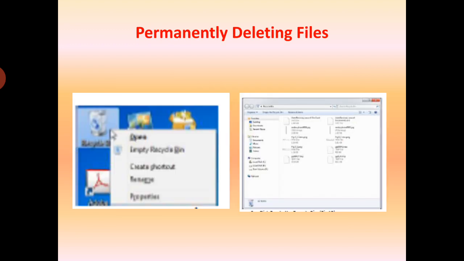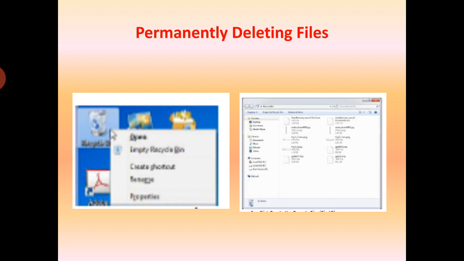Now students, how to delete files permanently? You can permanently delete the contents of the recycle bin by right clicking the recycle bin icon and then click empty recycle bin. Or you can permanently delete the files by double clicking the recycle bin icon.